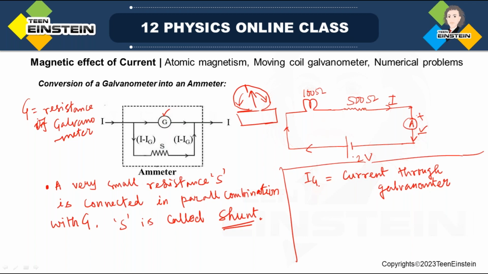So when a current passes through the galvanometer that can give the maximum deflection, that is called galvanometer current. So galvanometer current is the minimum current through the galvanometer